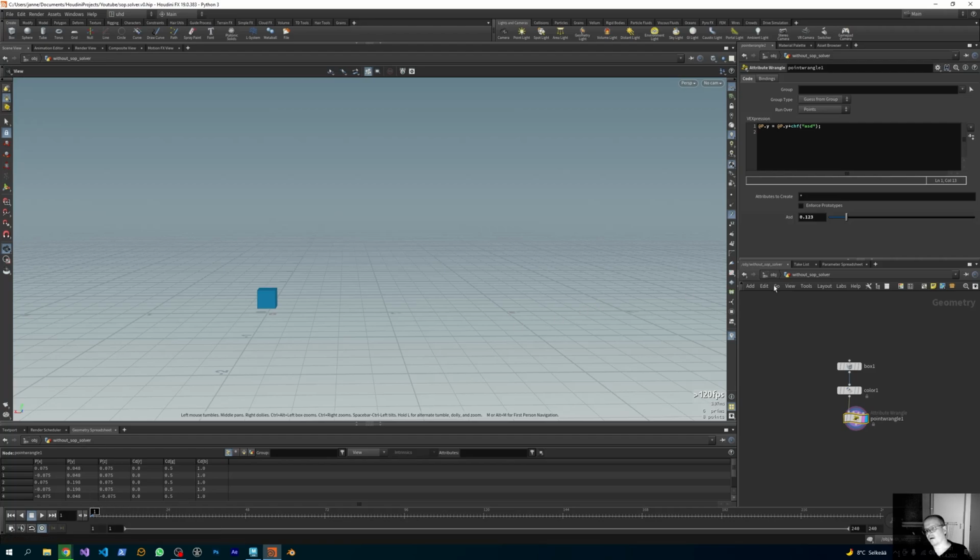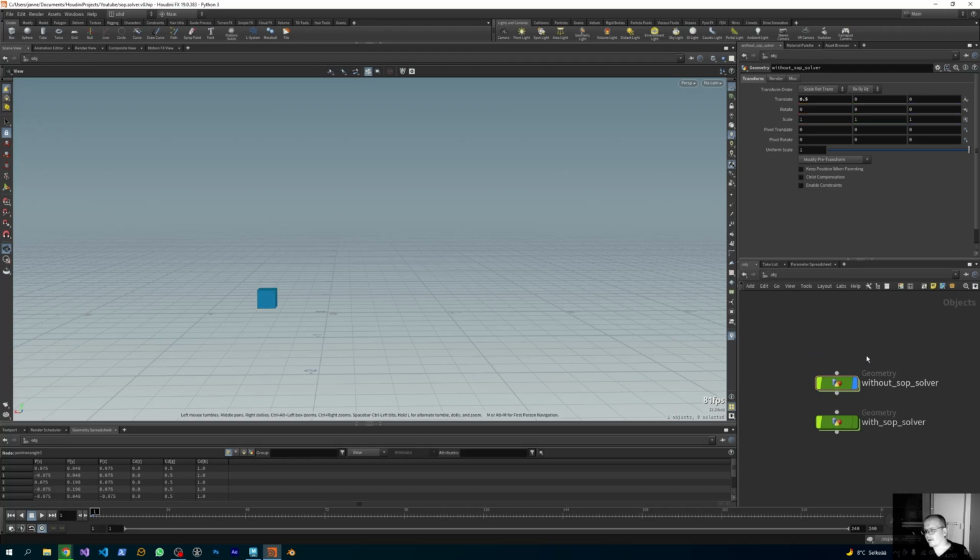because the geo-node doesn't keep track of the previous attributes or values about anything. But here